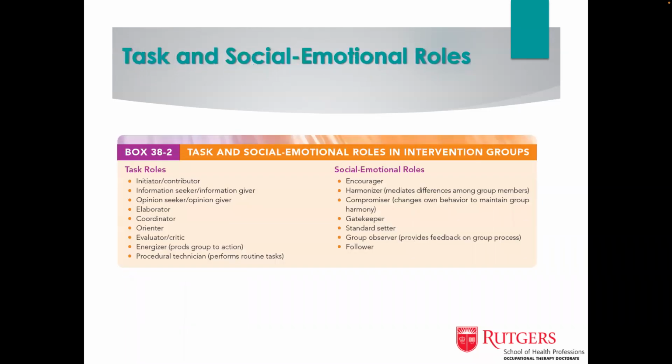So, task and social emotional roles. Some of the task roles: in order to have a successful group, you're going to have an initiator, so that could be a leader. Then you're also going to have a contributor, so that could be like a follower. There are information seekers and information givers, right? Professor versus student. There are opinion seekers versus opinion givers, usually elaborators, a coordinator, somebody that kind of sets the